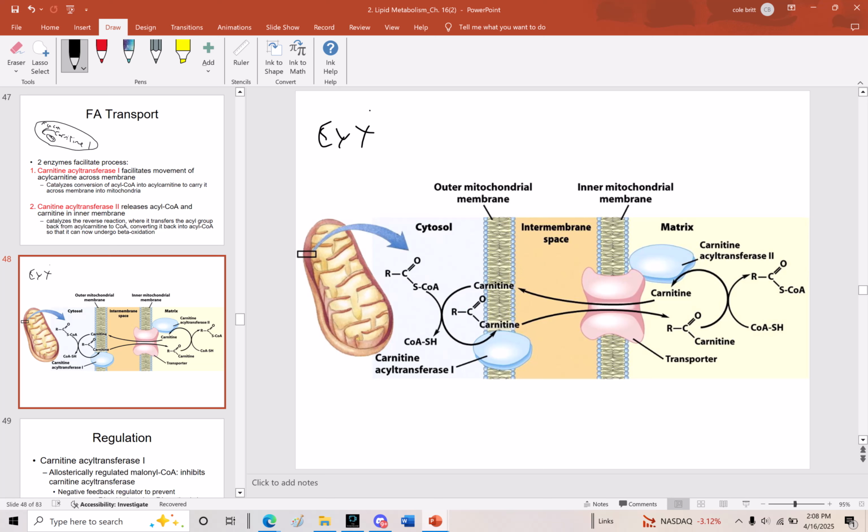You do have the acetyl-CoA, and you have it making the malonyl-CoA. Now the enzyme, we can go back to that. Then you take malonyl-CoA, and you add like the acetyl-CoA to it, and that enzyme is going to be